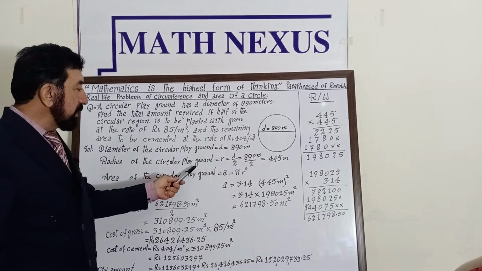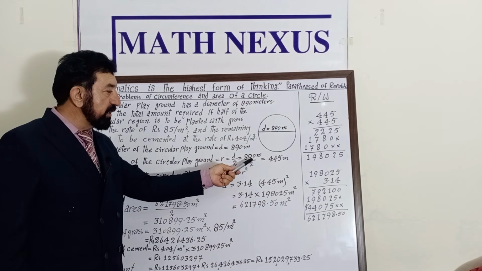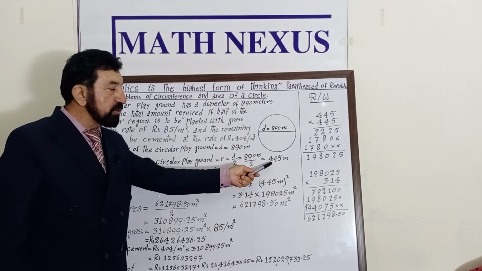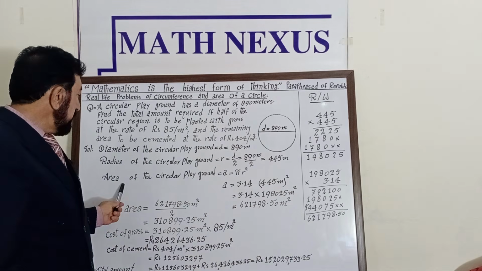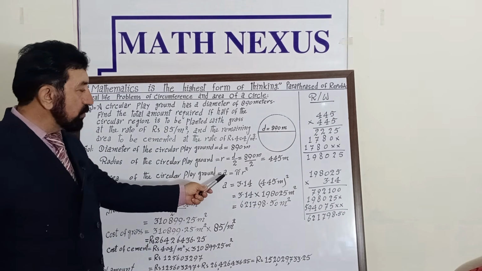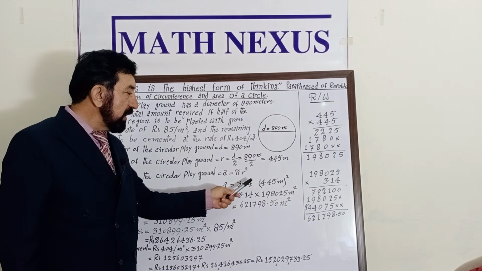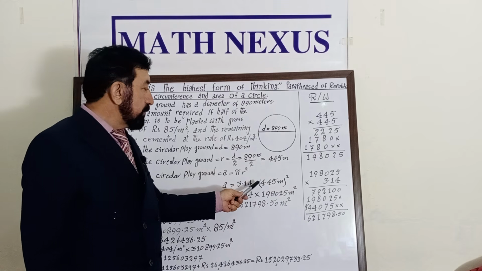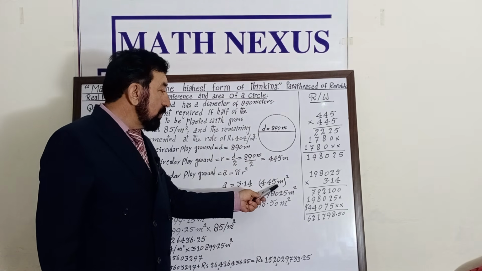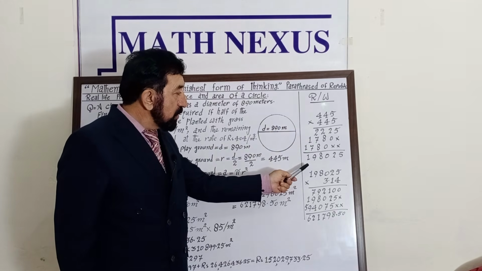Radius of the circular playground r equal to d upon 2 equal to 890 upon 2 meter. This is equal to 445 meter. Now area of a circular playground A equal to pi r square. Now putting the value of pi and r in this formula, this is equal to 445 meter whole square, means 445 into 445. This is equal to